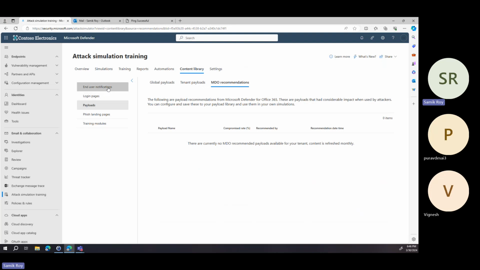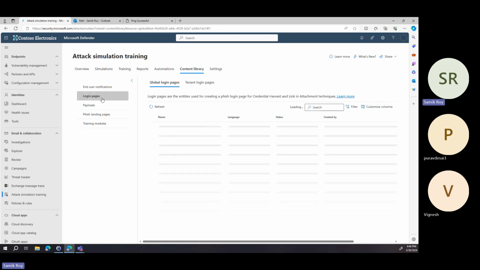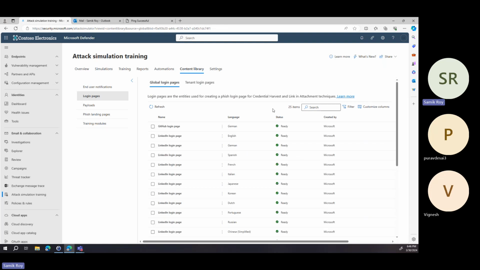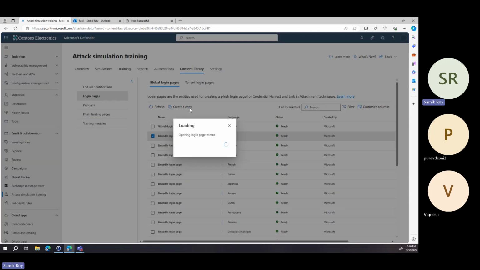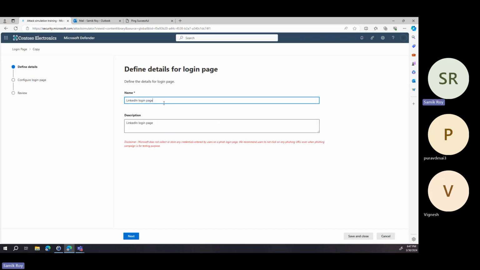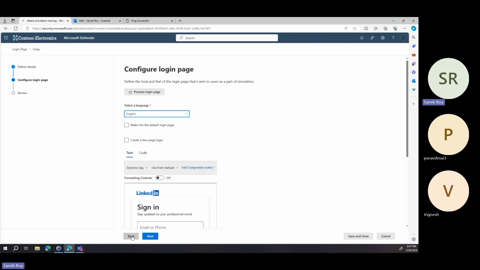Now, on the left hand side, as you see in the content library, we were brought into payloads, but we also have another content library for other things like login pages. For example, you're building a phishing attack, you want it to have a login page which is very, very customized for your own, right? So let me try to create a LinkedIn login page, create a copy. I'm not really doing super UI stuff here, but let me create a LinkedIn login page, go to next,